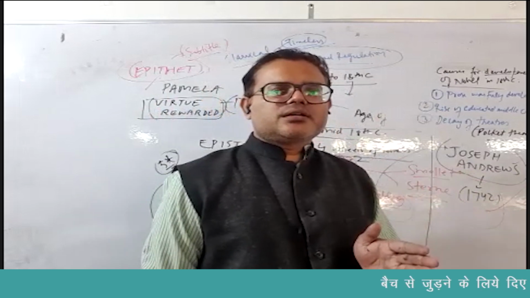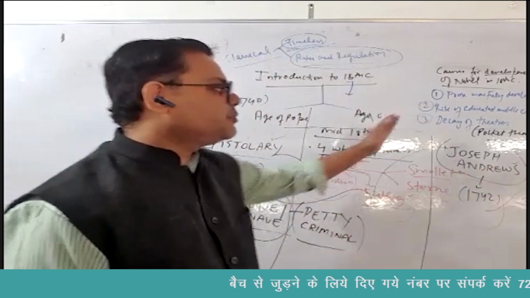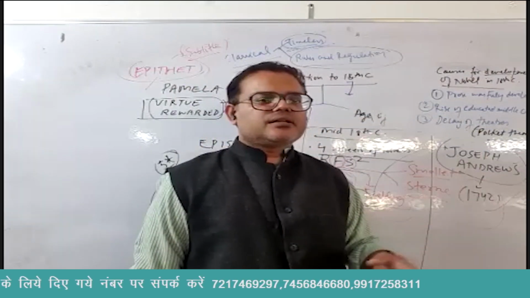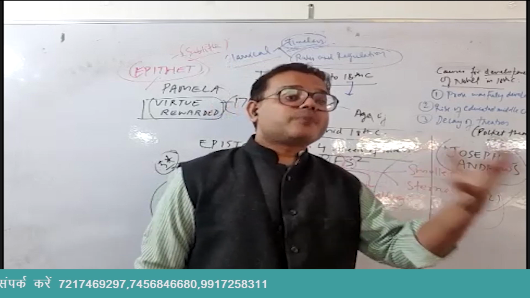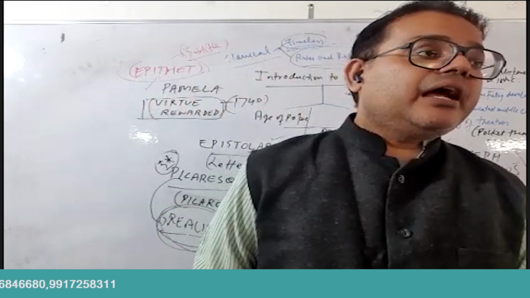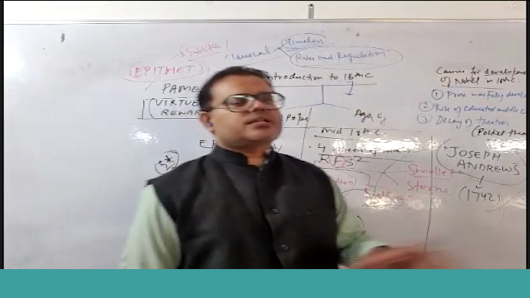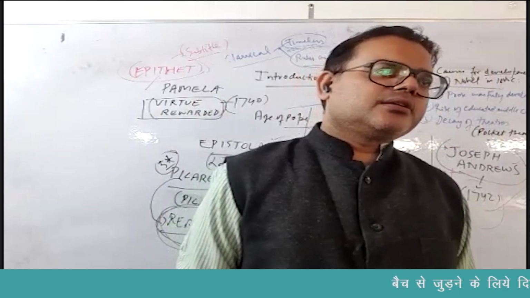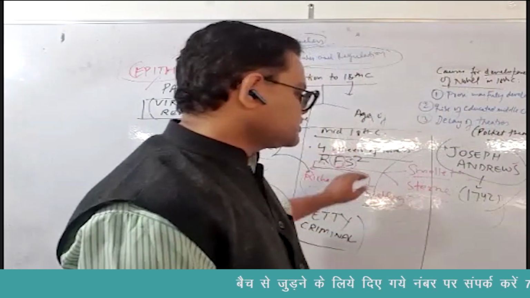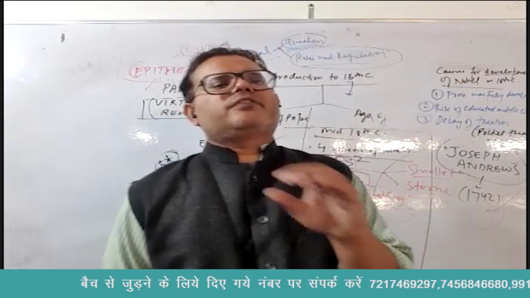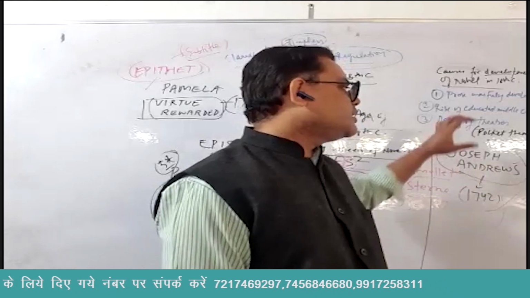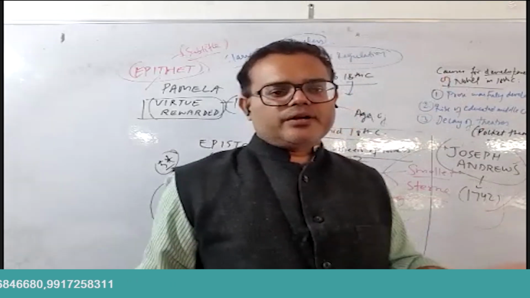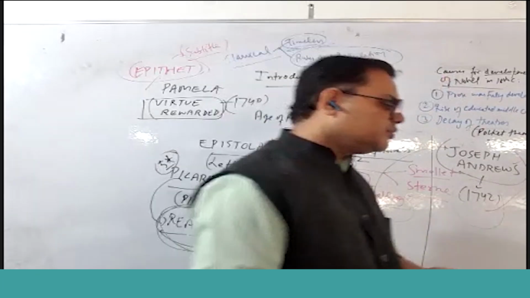So how are coffee houses related to the development of prose? Because prose was the language of common people. Common people used to discuss their ideas, and then they used to express them through newspapers and periodicals, and this is where we come to one of the most interesting facets of the 18th century, the development of newspapers and periodicals. I'll come to that topic because it is still left, but I am telling you how the development of newspapers and periodicals is related to the development of prose. In prose, one was the novel and one was essays and periodicals. Okay. So that was there.